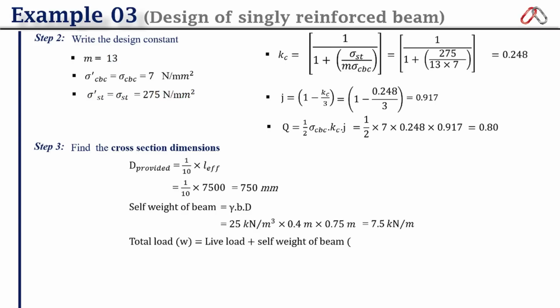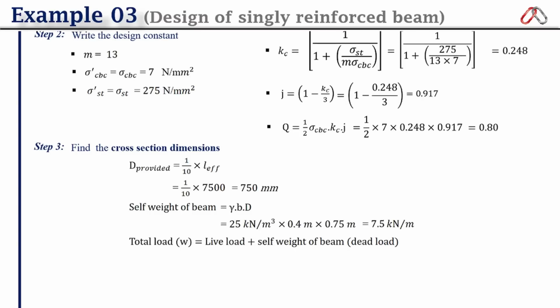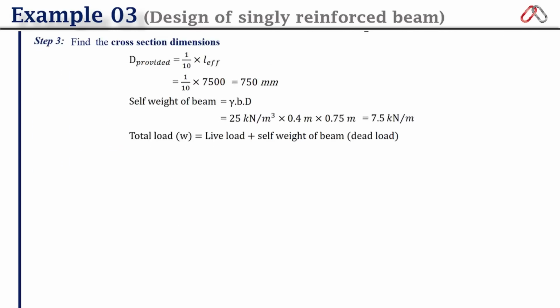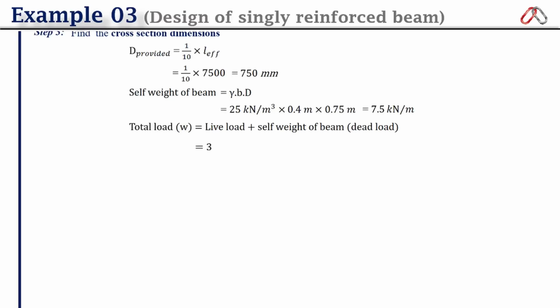The total load will be live load plus self weight of beam, and the value of live load is 30 kN per meter, so the total load will be 30 plus 7.5, 37.5 kN per meter. The maximum bending moment for a simply supported beam will be W L square upon 8, where W is 37.5 and effective span 7.5 square upon 8,